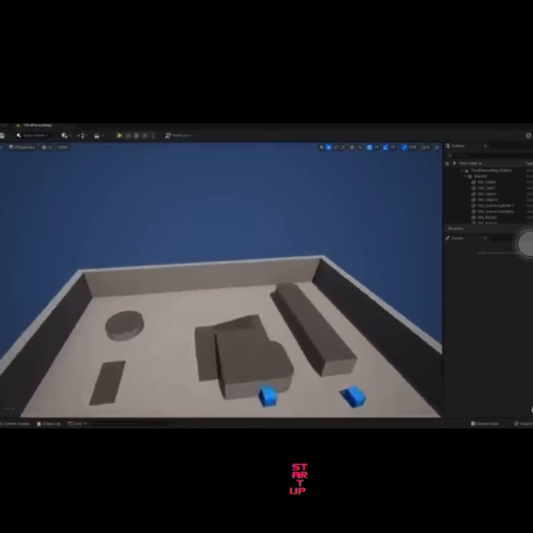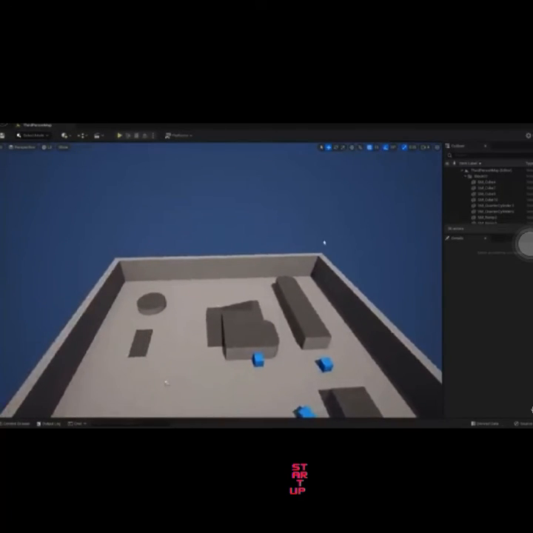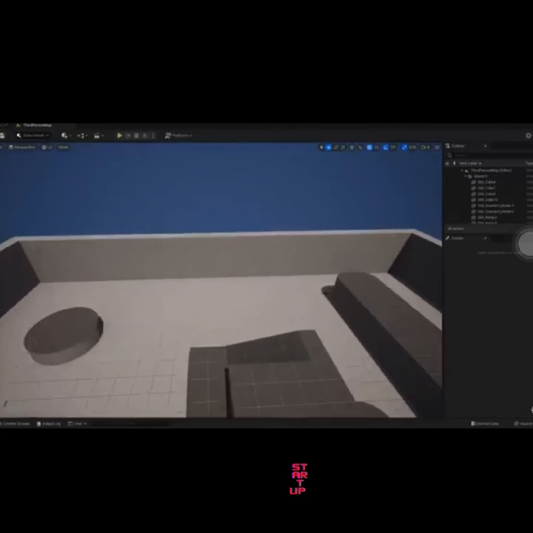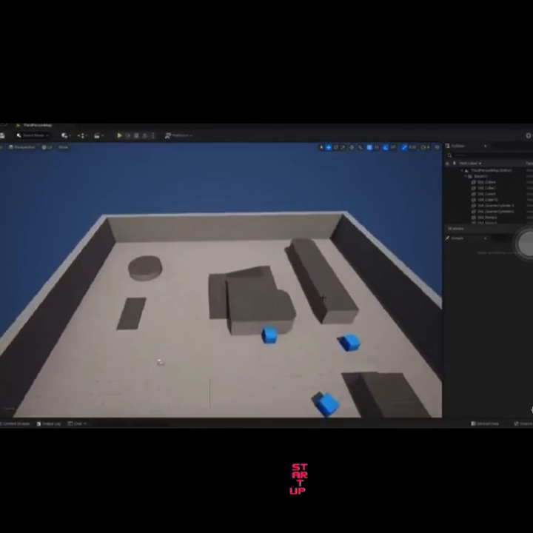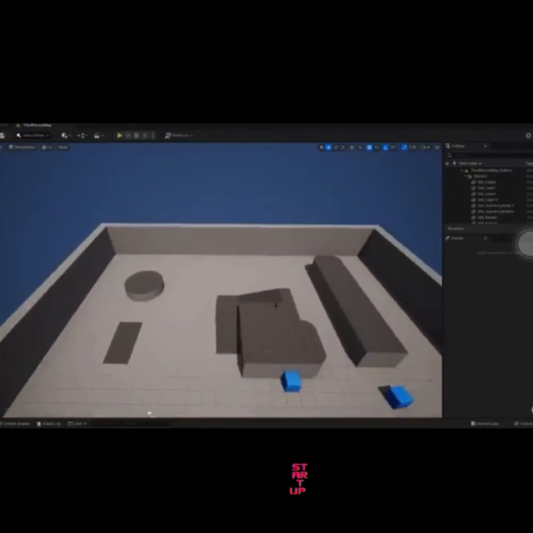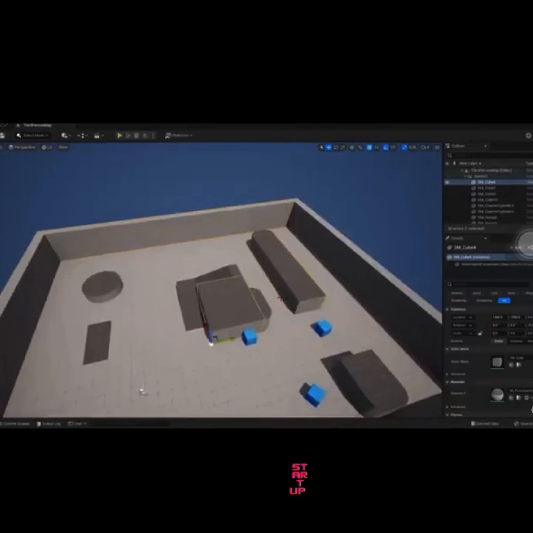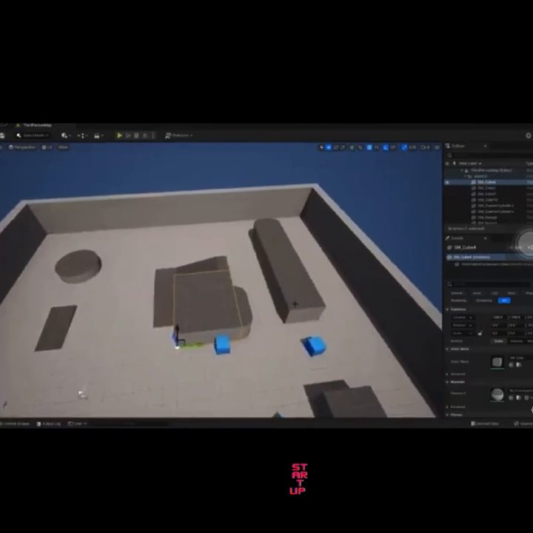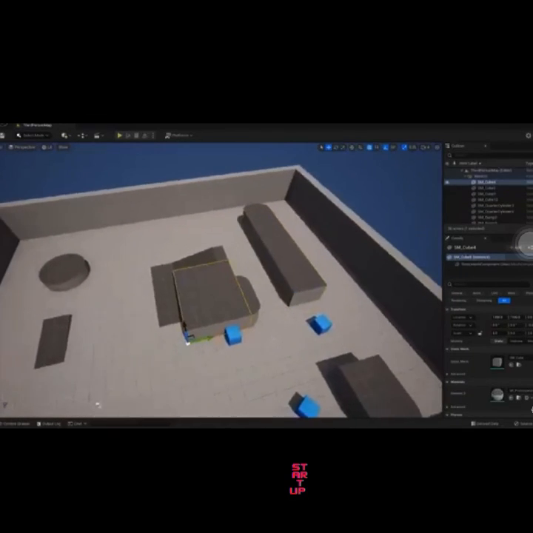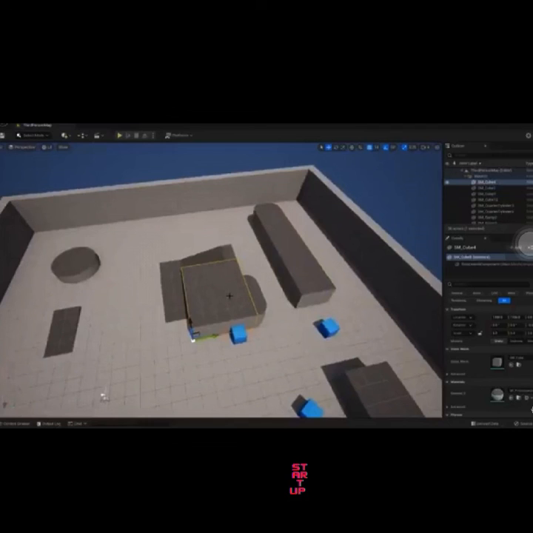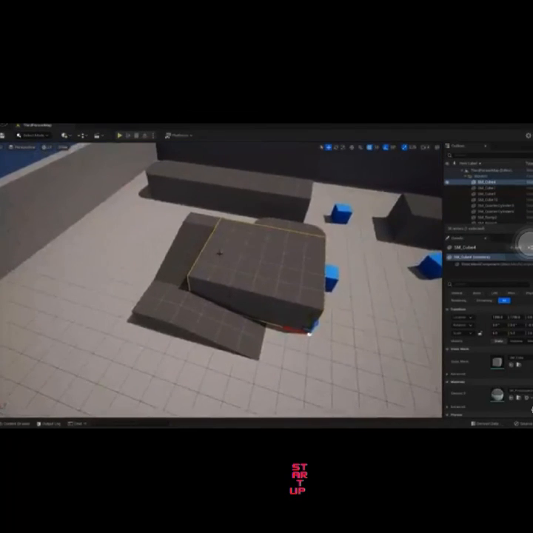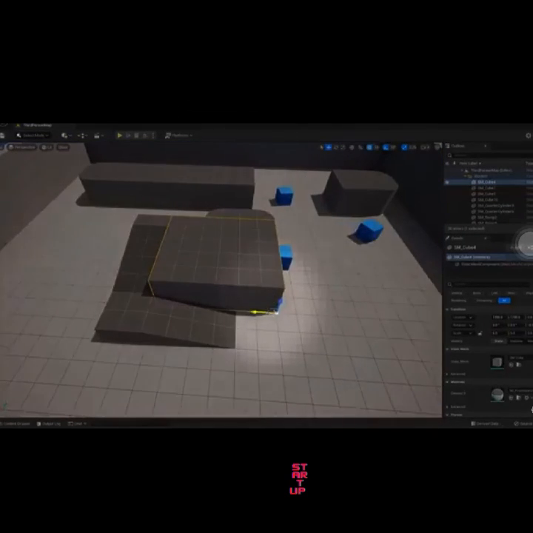So those are the basic viewport controls. Other than that, you can scroll in and out to zoom in and out. And you can also select various objects in the level using the left click. Okay, so those are some of the basic viewport controls. Now you can see as we actually select objects in our viewport, we have this little moving gizmo